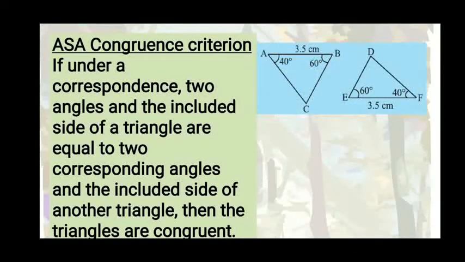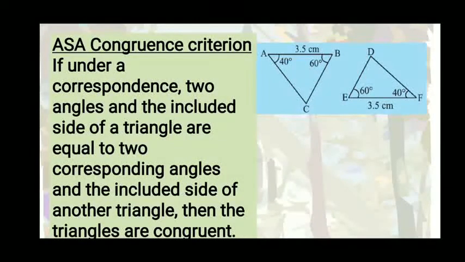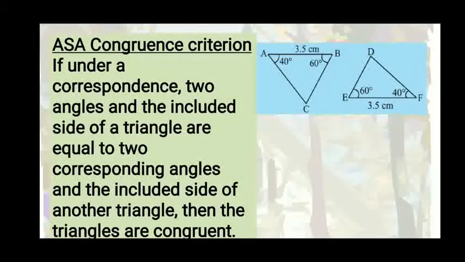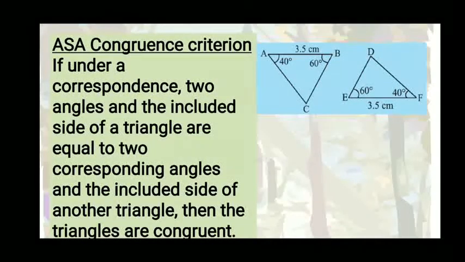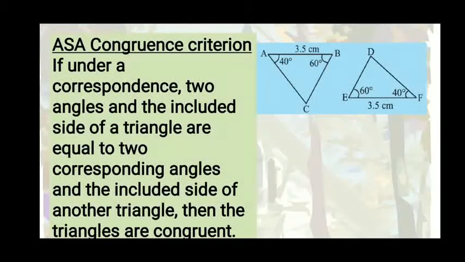Now here the example is triangle ABC and triangle DEF. I have just told you the names. Now let's see what the correspondence is. How does the correspondence actually work here? Angle A and angle F are equal. Angle B and angle E are equal, whereas AB and EF are equal. Now see here, this side AB is in between the congruent angles, that is A and B. And similarly, side EF is between angles F and E. Both are equal. Therefore, the test that we could apply here is the ASA test.